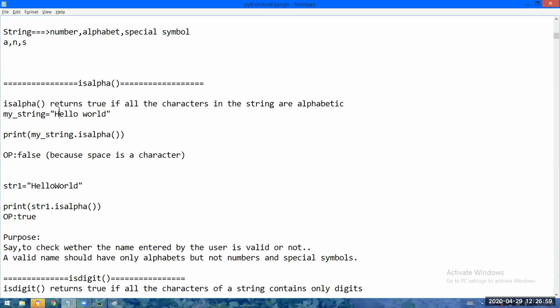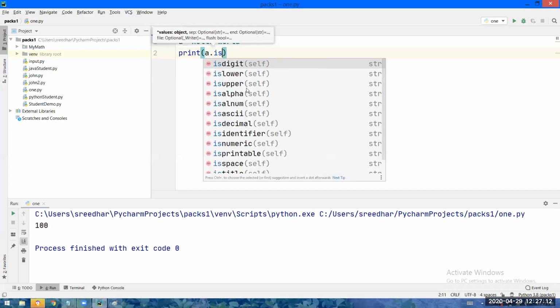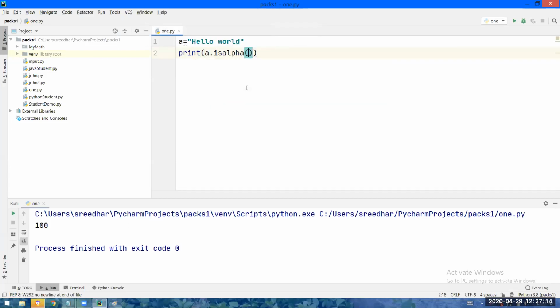Let me explain here. A equal to "hello world". Print, that means I want to print true or false. A dot isalpha. You are applying the isalpha function upon A, which is hello world.